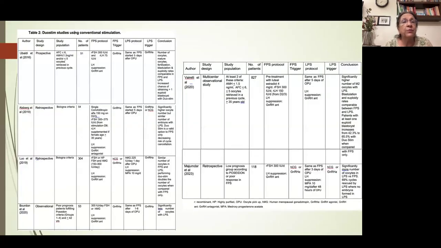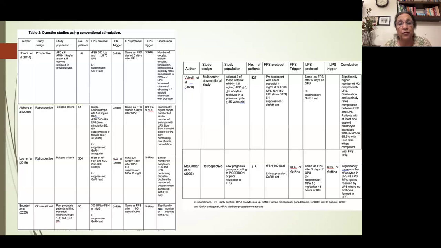Now I come to duostim using conventional stimulation protocol, where Ubaldi started the ball rolling in 2016. Here, the only thing was that they gave only a GnRH agonist trigger. And why did they give a GnRH agonist trigger? So that luteolysis happens earlier in the next cycle, and they can get a clear ovary by the time they start monitoring. So Ubaldi, then Alsbjerg, then Lee et al., Vaiarelli,